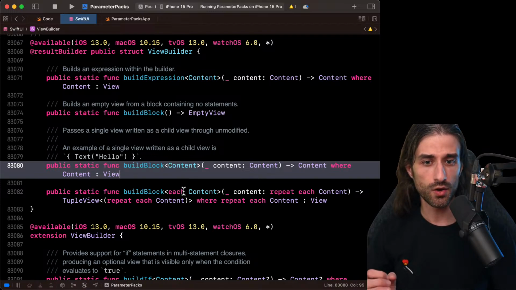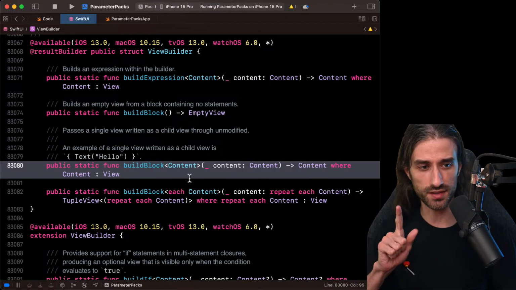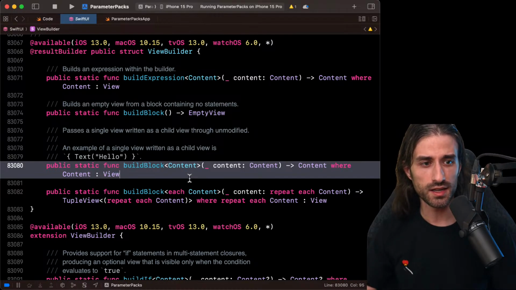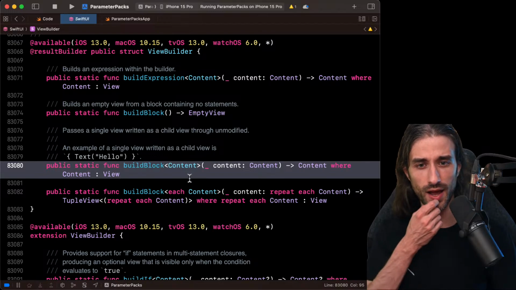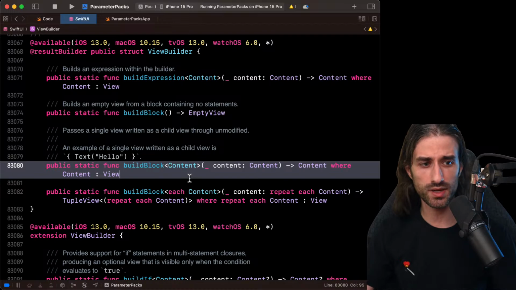In a nutshell, whereas a regular generic type allowed you to deal with a single type, so one type and that's it, a parameter pack is more like a vector of generic arguments, and the length of that vector will depend on how many concrete types you will use at the call site. Said like that, it seems a little bit high level, a little bit abstract, but don't worry, we're going to take it really step by step in order to cover this feature and understand it, because it's a feature that takes a bit of time to wrap your head around, I would say.